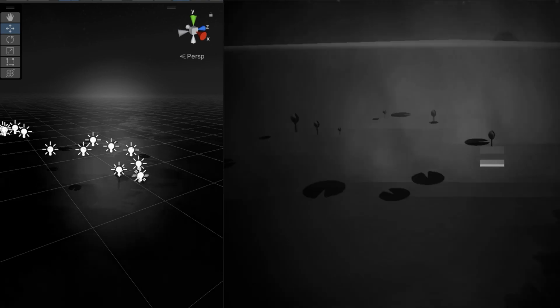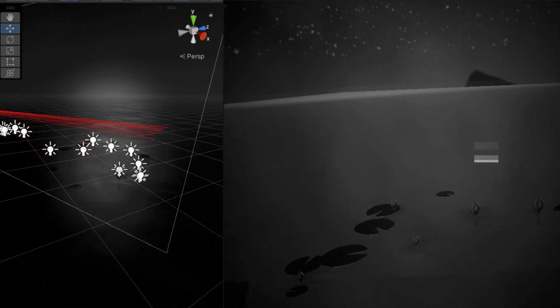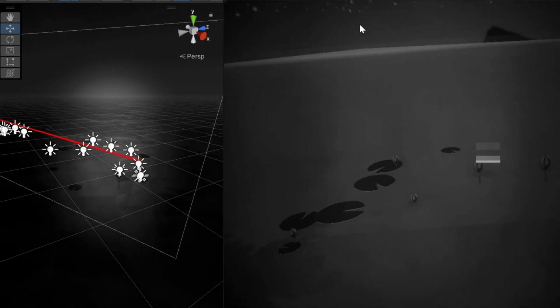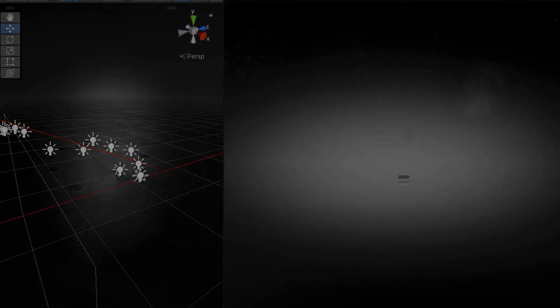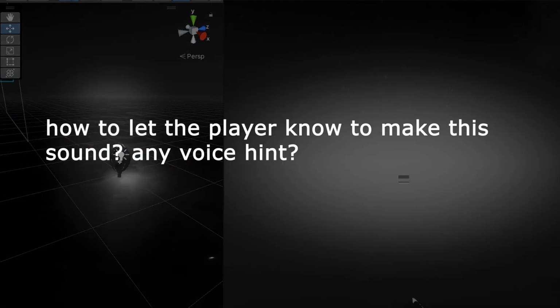We found a sound in Hinduism called Om, the sound made by Indian monks when they are meditating. We think that directing players to make this sound might require a voice recognition system. However, letting players know to make this sound also needs a hint.